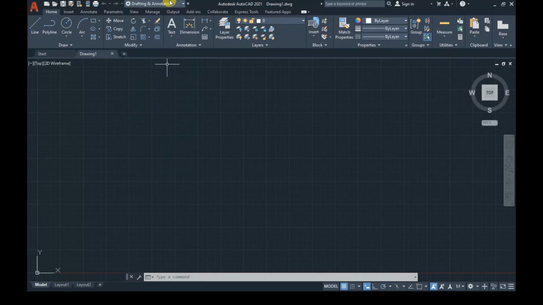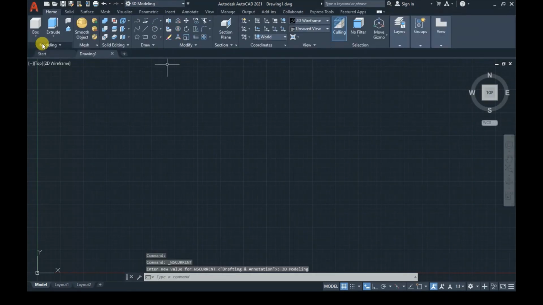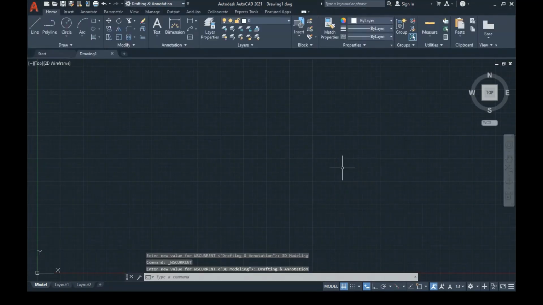Click on this workspace and you can see the various types of workspace available, such as 3D modeling and 3D basics. 3D modeling will have different commands and different things like this. Right now we are working in drafting and annotation. This is important because sometimes it happens that people wonder how to open the workspace. I just thought to let you know this also.